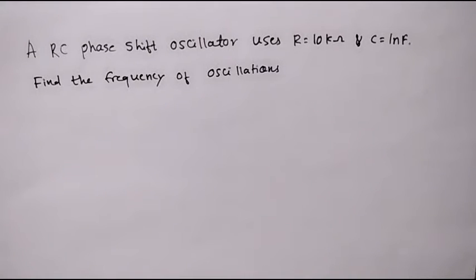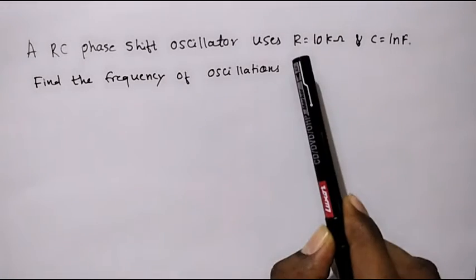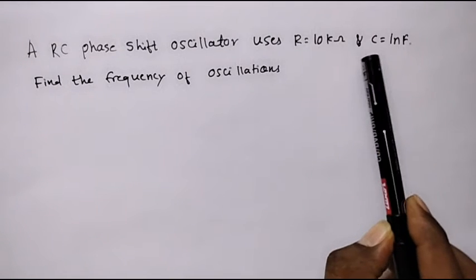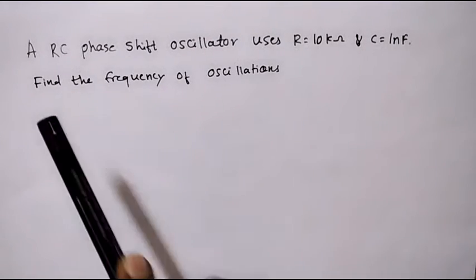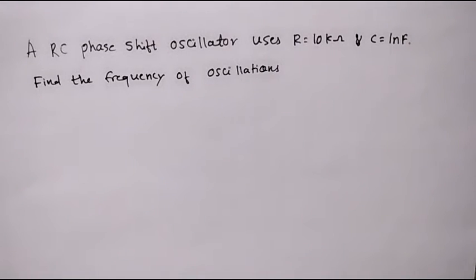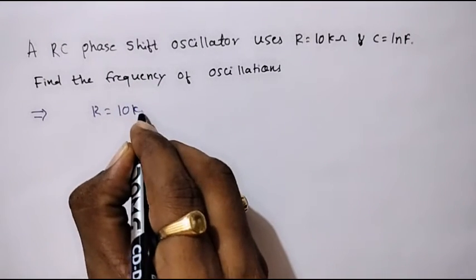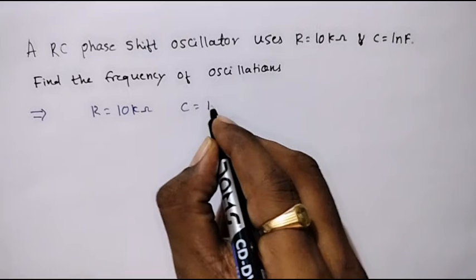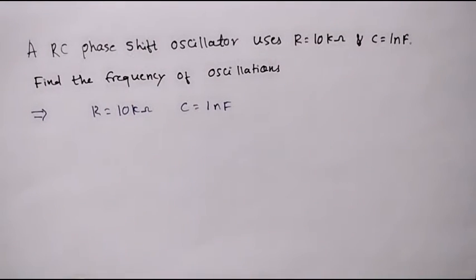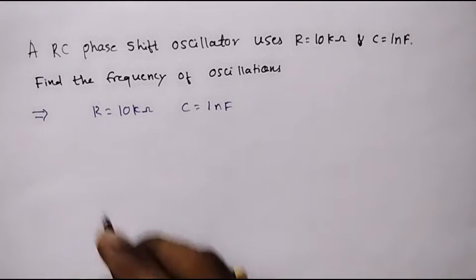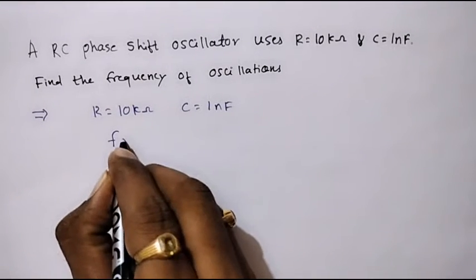Consider one example on RC phase shift oscillator. An RC phase shift oscillator uses R equal to 10 kilo ohm and C equal to 1 nanofarad. Find the frequency of oscillations. Here in this example, the R value is given, that is 10 kilo ohm, and the capacitor value is given, that is 1 nanofarad. In an RC phase shift oscillator, the frequency of oscillation is given by the formula f is